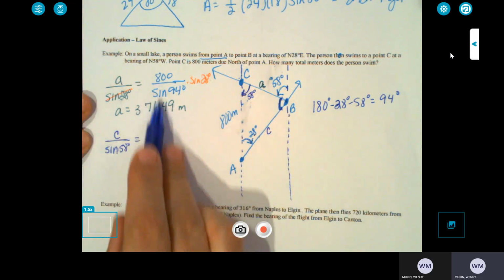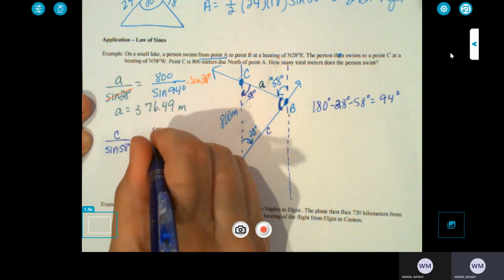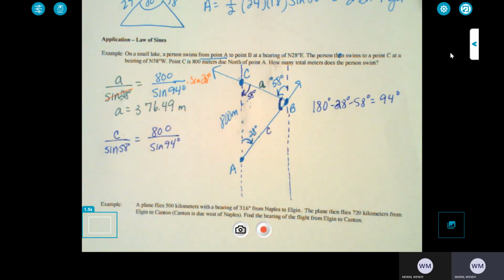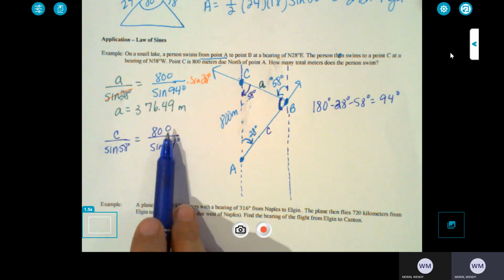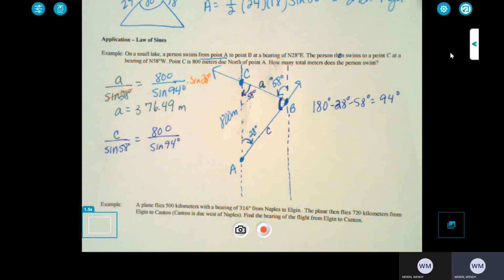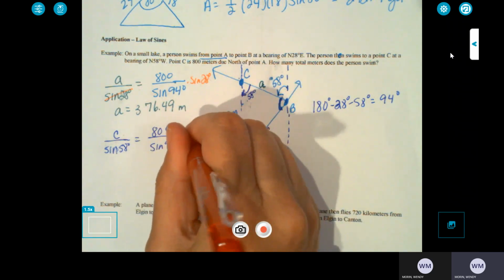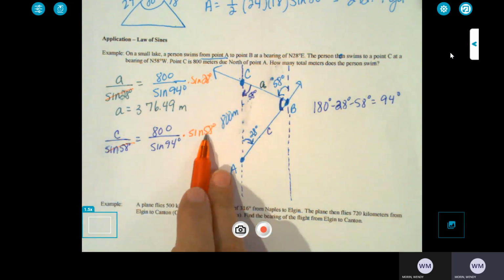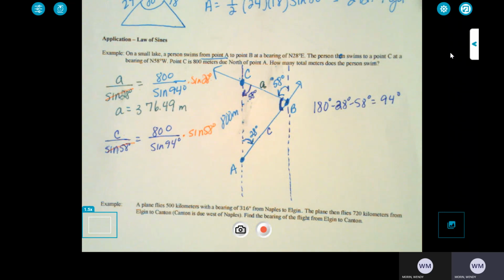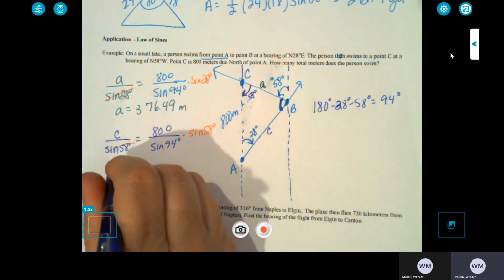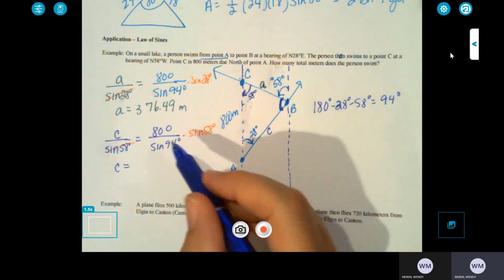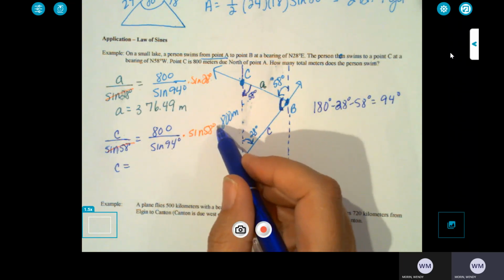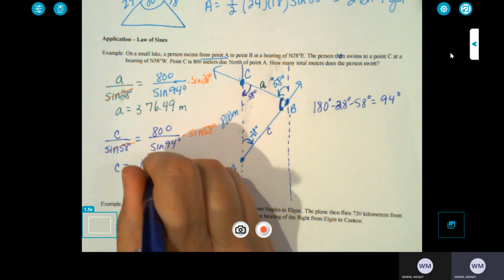And we can use the same given information that we used in the previous one. So 800 divided by the sine of 94 degrees. Okay, well, in your calculator, you should already have 800 divided by the sine of 94, so you can scroll up there and find where it says multiplied by the sine of 28 and change the 28 to a 58. Again, use your calculator wisely, save yourself some time, and 800 divided by the sine of 94 times the sine of 58 degrees is going to give you